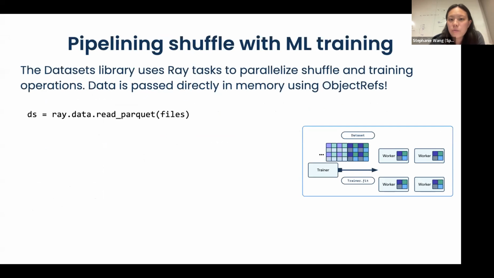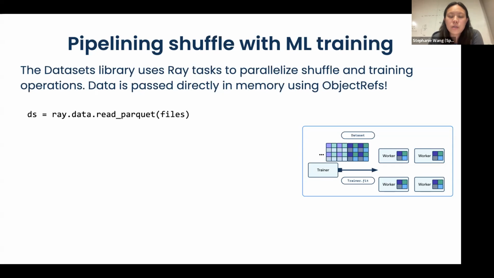So for example, one way we can actually use those object refs is to pass them directly to a library like Ray Train. And that's actually what Ray Air is doing under the hood. So we can take a look at some code that implements the data ingest example that Clark and I have been using. So here we have a distributed dataset that's been lazily loaded into memory from some Parquet files that are stored on disk.